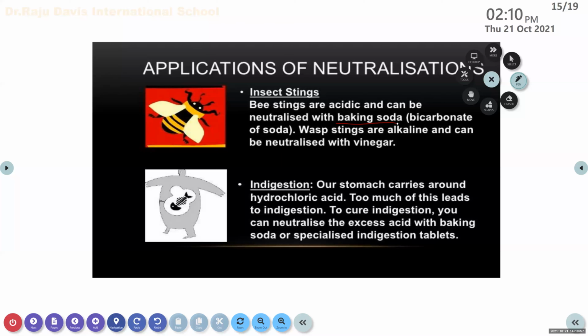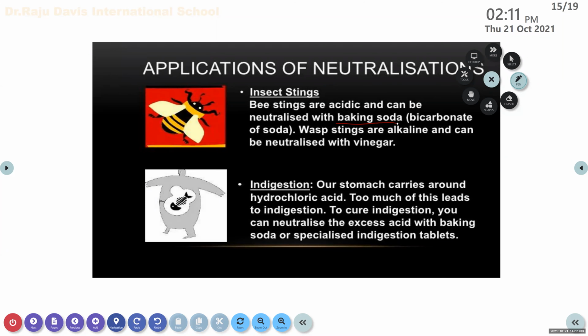Have you heard about this term baking soda? Yes, ma'am. It is something that we add whenever we prepare appam or cake. Cake bakers are familiar with baking soda. Baking soda is actually a base, or an alkali. Whenever we add this baking soda to the affected area, we can neutralize the acid produced by the bee sting. So whenever you suffer a bee sting, just try it.